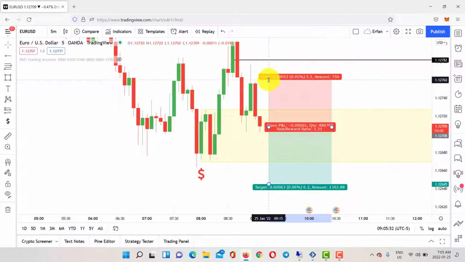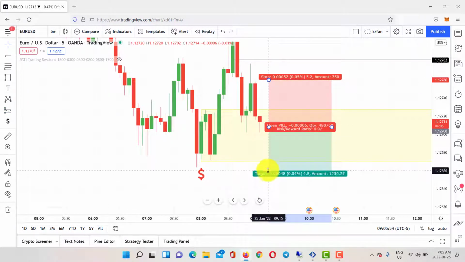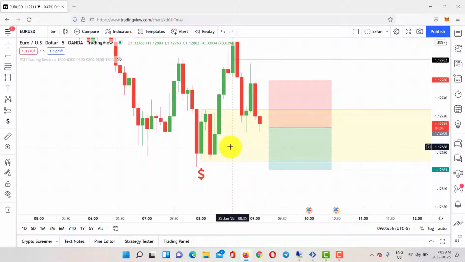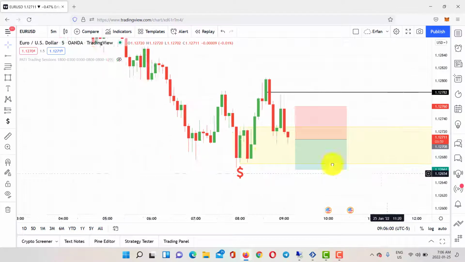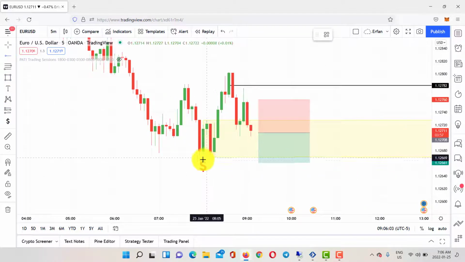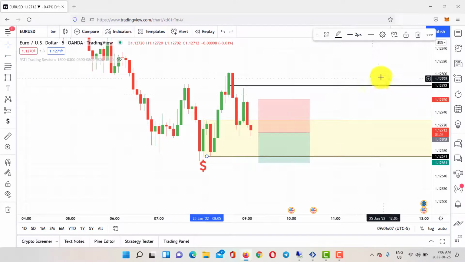I don't know if I get stopped out. It's a very small loss, and I feel like this liquidity grab is a really good one that needs to be grabbed. And because of this Fibonacci level, where is that? Because of this Fibonacci level